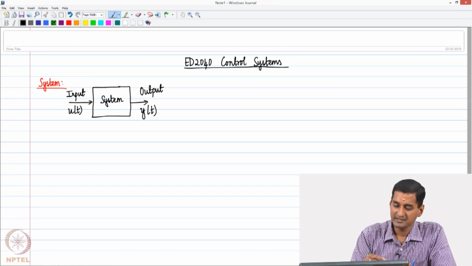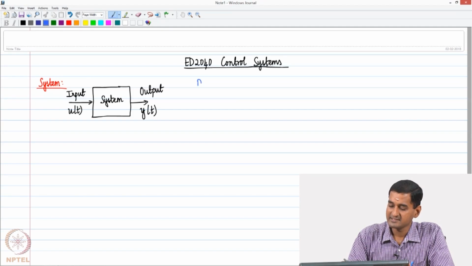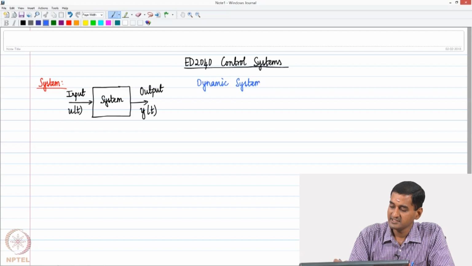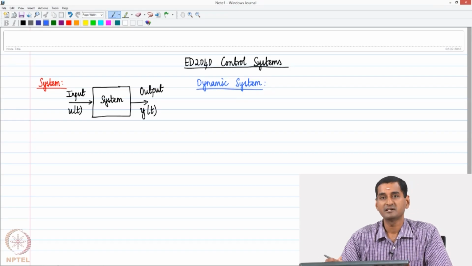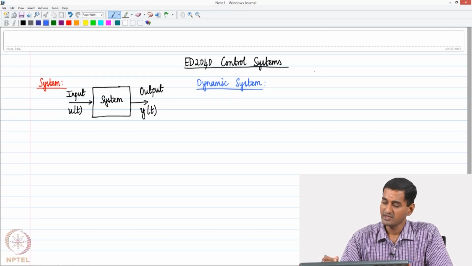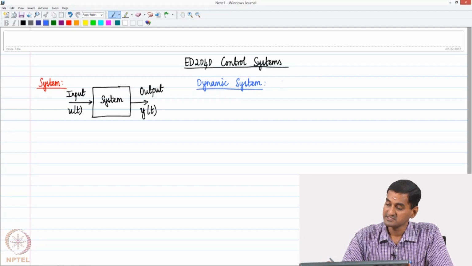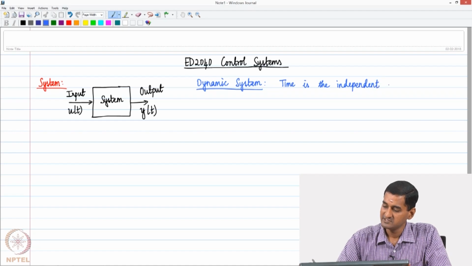This is typically called a dynamic system in the sense that it essentially deals with variables like inputs and outputs that are functions of time. As far as this dynamic system is concerned, time is the independent variable,